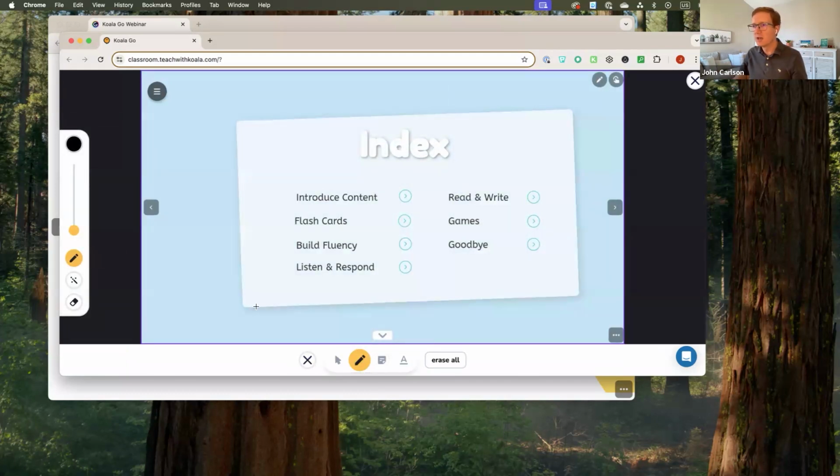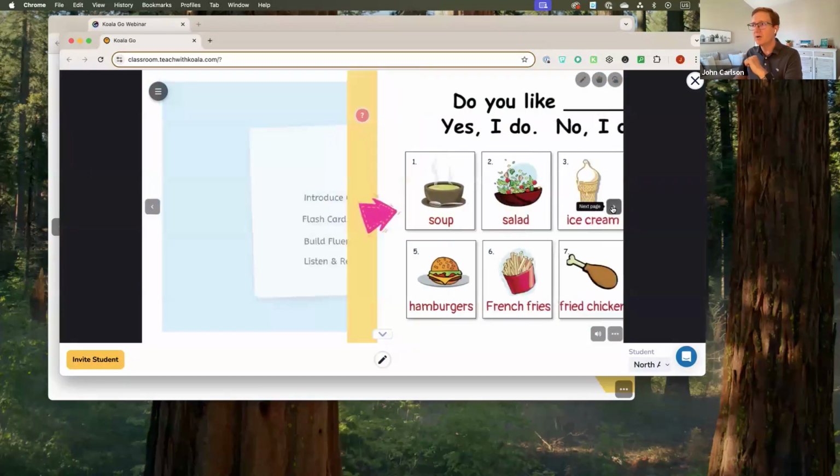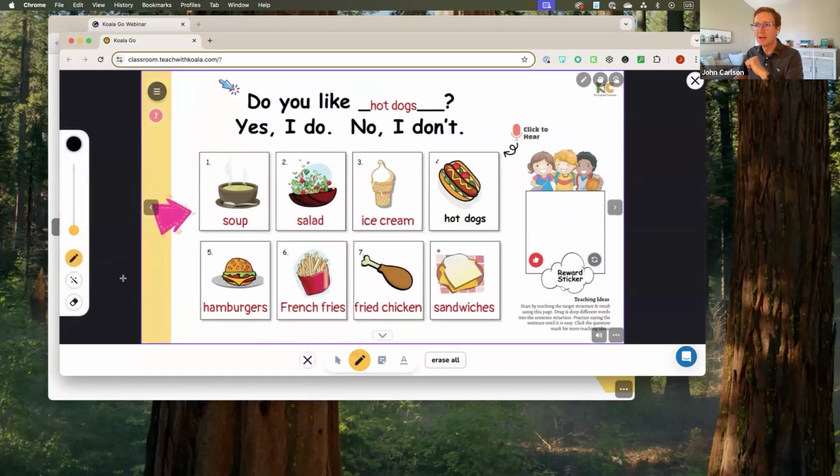You can use the drawing tools. The one thing that I've learned from Xavier is, if you're using the drawing tools, you need to close the drawing tools before you can interact with the slide again. Then you can interact with the slide when you don't have the drawing tools up, and when you want to do the drawing tools, you put them back. Everything you draw stays there as you go back and forth between slides, which is amazing. So all of that's really cool.